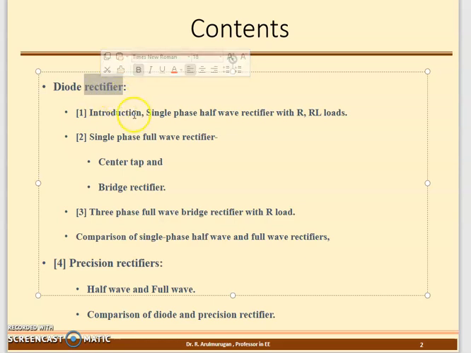So that adapter, you connect it to the plug point. At the plug point, what is there? An AC power supply is there. The mobile phone is DC. It is going to convert AC to DC. Yes or no? So that is a rectifier.